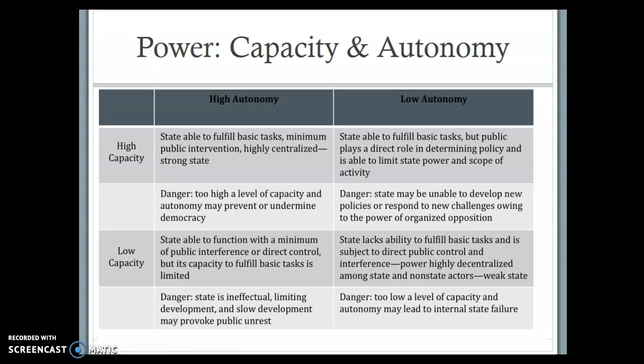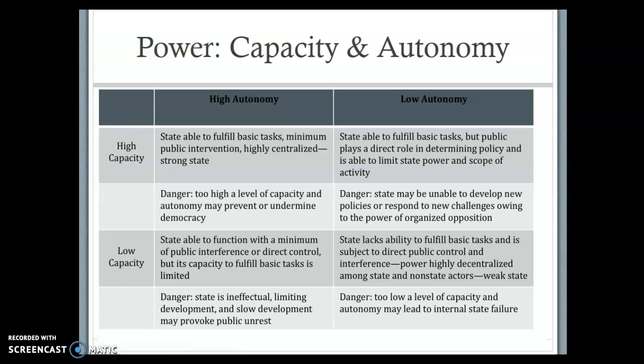Okay, then you have low capacity, high autonomy in the bottom left. Here, the state is able to function with a minimum of public interference or direct control, but its capacity to fulfill basic tasks is limited. The danger is the state is ineffectual, limiting development, and slow development may provoke public unrest. Now, I will say the top two tend to be the better position for a society to be in. Down here, this is where you think of a government that has quite a bit of control, like let's say Hugo Chavez in Venezuela, but just doesn't have the resources to actually enact or execute much of what it would like to do. So maybe this could be kind of good in some sense in that it's sort of restrained in what it's able to do,